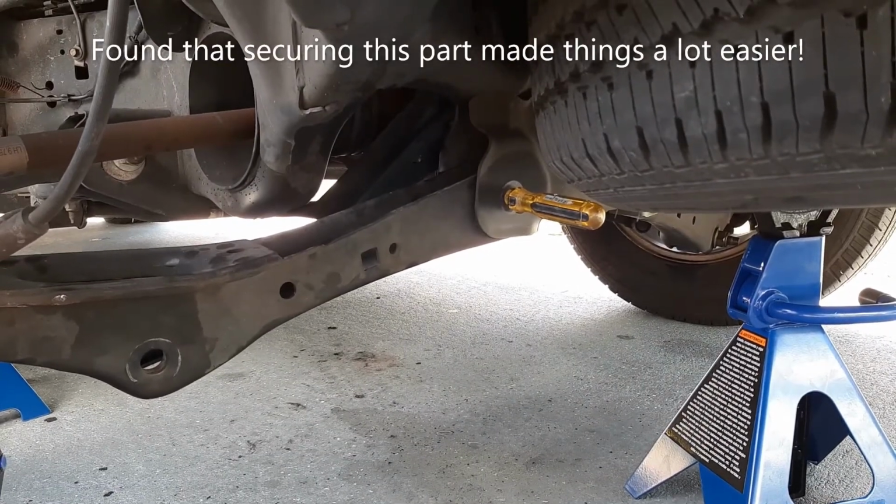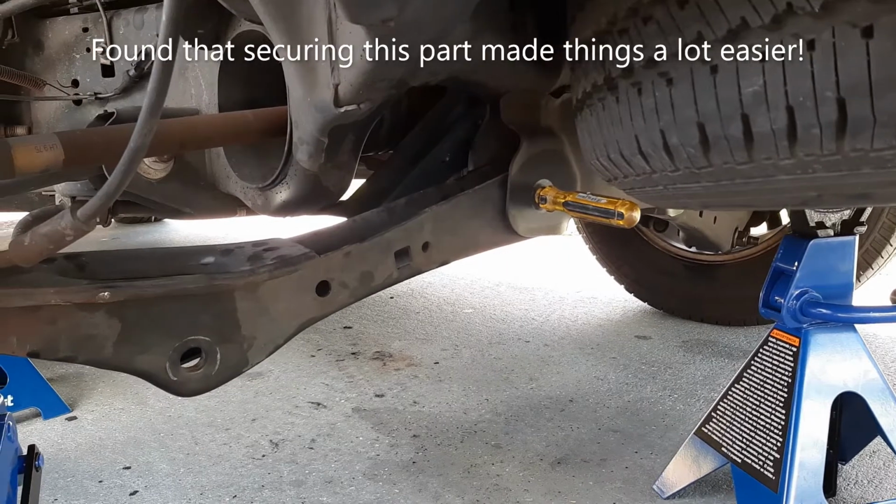So this is the setup I had to use to get it out. I put a